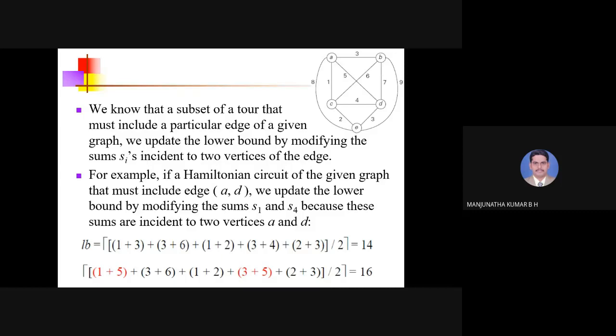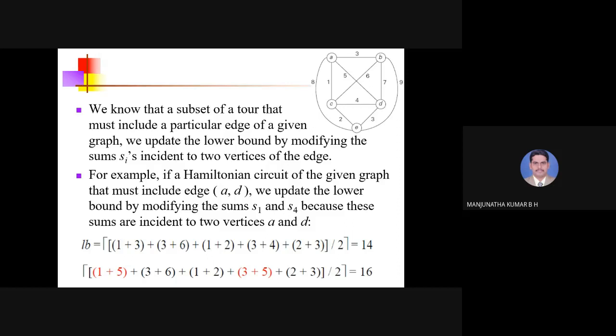City D, yes, D is what I am going to visit from A now. So for city D also, the first nearest one is 3 plus, see, it was 3 plus 4. Now it becomes 3 plus 5. Why? The first nearest one is 3 plus, I have replaced 4 by 5. The reason is I am visiting D from A and I have to take that distance as the second term. So 3 plus 5, plus, and for E, no problem, it remains as 2 plus 3, divide by 2, and you will get the result as 16.